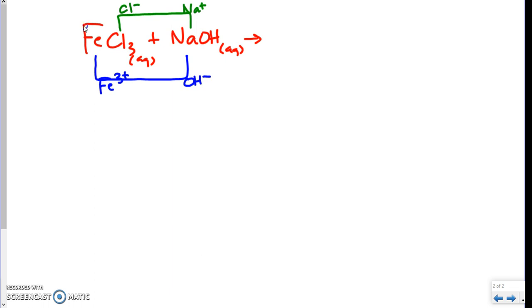It's going to make sodium chloride. So as we come over to this side, let's do that one first. The sodium ion combines with the chloride ion. Sodium's a +1 ion and chloride's a -1 ion, so we're going to make sodium chloride, NaCl. It's going to be just like that. And then our other compound is going to be the iron(III) with hydroxides. So iron has a +3 charge. That means it's going to take 3 hydroxides to go with it,